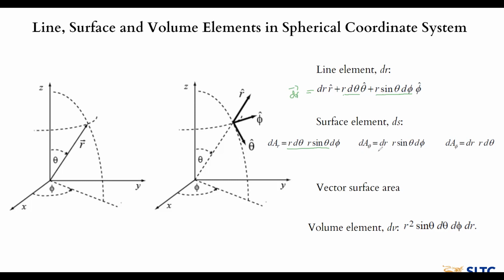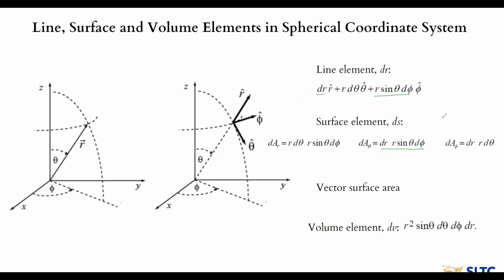And then once we consider the surface area element which is perpendicular to the theta direction, I can take the product of components along the r hat direction and the r sine theta d phi directions. The product between those components I can define as the area element which is normal to the theta direction,